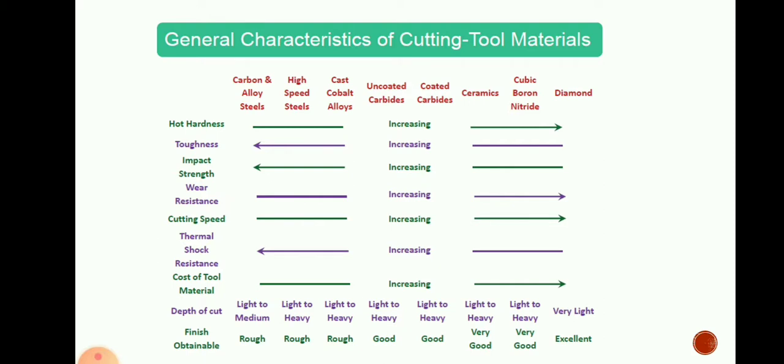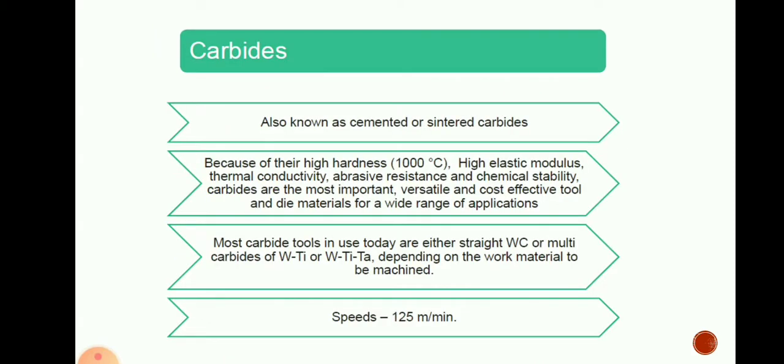But many are advantages for this. For diamond and for ceramics, they are having good surface finish. You can take good cuts. They are having all good properties, but the diamond cutting tools are very costly. That's why we are using the moderate property tools, which are carbide cutting tools.